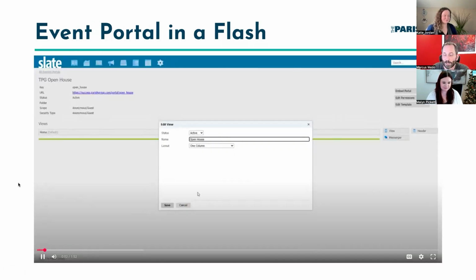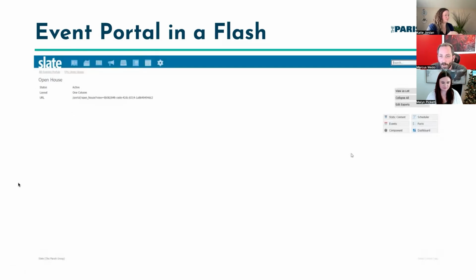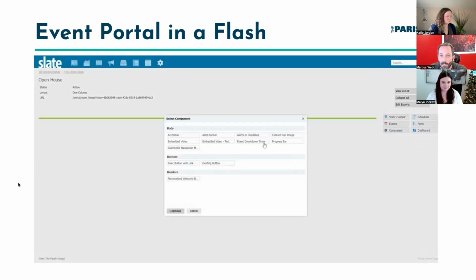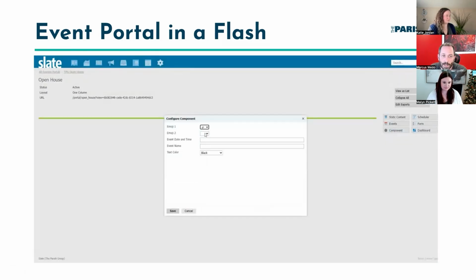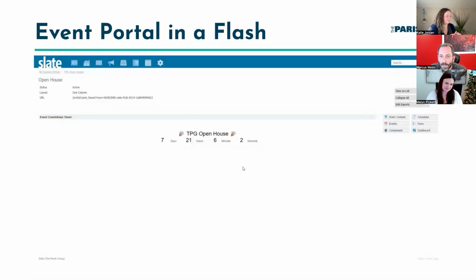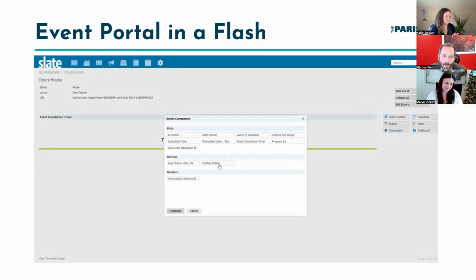So first thing, we're going to start with an Express portal. We're going to add a new view for the open house page. We're going to go ahead and drag in a countdown timer component. We're going to add a couple of celebratory emojis to flank it. We're going to add our start and end date time, event name, font color selection variable, and boom, we've got a countdown. Then we're going to grab a personalized header